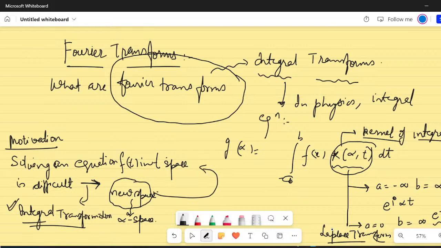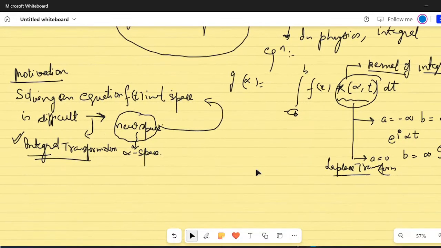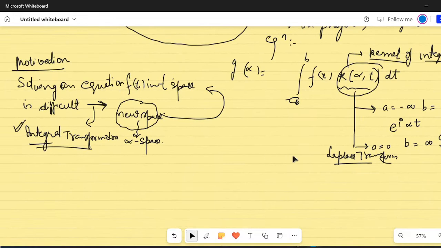But right now, in this particular session, one of them I have already discussed is the Laplace transform. A few classes are left there as well. So we are interested in two of them right now. One of them is the Fourier transform, another one is the Laplace transform, which we've already done to quite an extent, and second is the